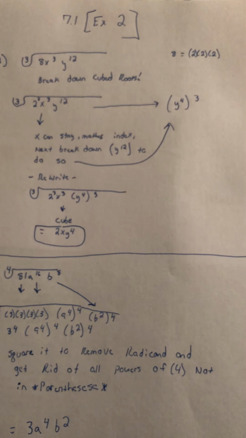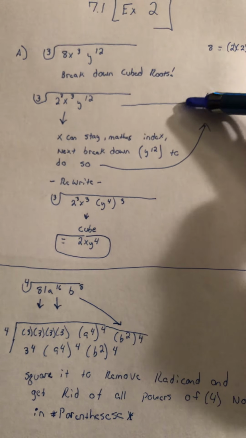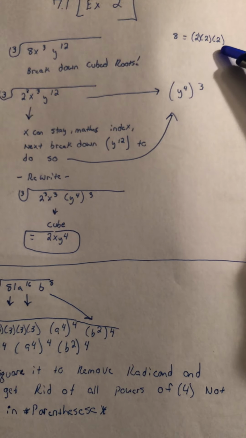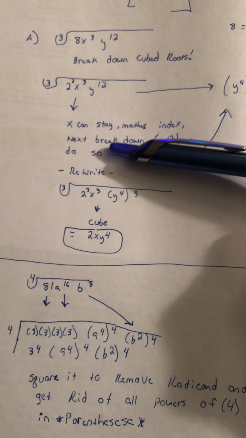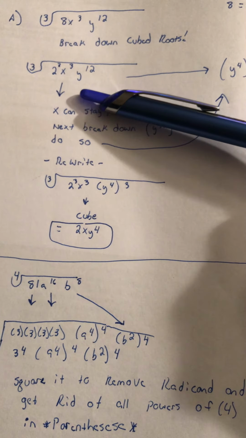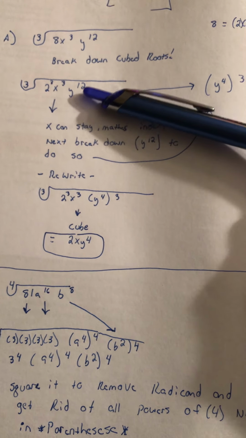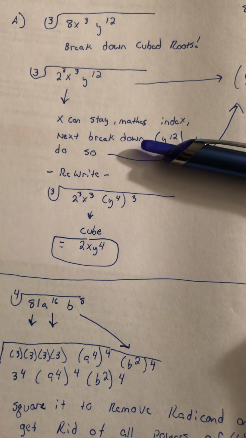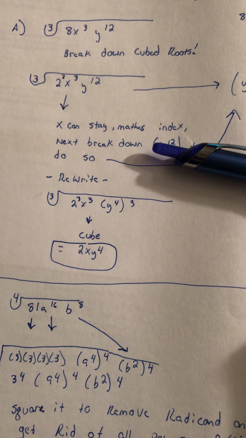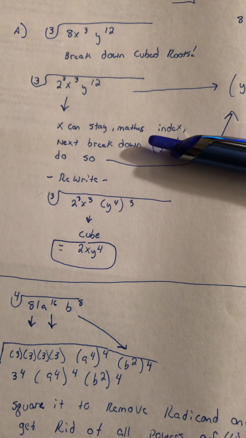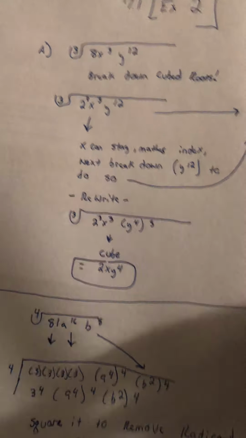All right. So you guys can see right here that I broke down the cube roots. I took my 8, and it's 2 times 2 times 2. And so x can stay, because there's nothing you're breaking it down to for the moment. So next we want to be looking at breaking down y, because we want to rewrite these in a way that we can bring out. And when I say bring out, what I mean is,